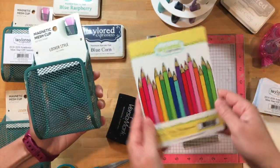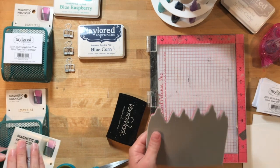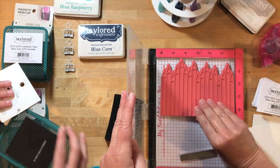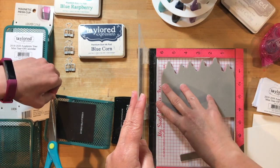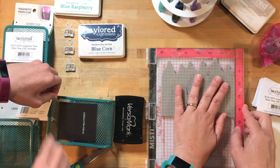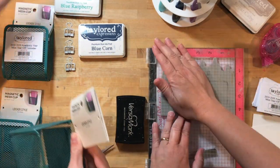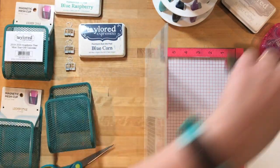We're going to use this little metal caddy we picked up at Target, and we're going to use the Create in Color background as part of the decoration that we're going to add to that little metal caddy. So I'm going to get this stamp all set up in my MISTI to stamp while Hannah trims the tags off the caddies. I'm placing the stamp into my MISTI, closing the lid to pick it up,